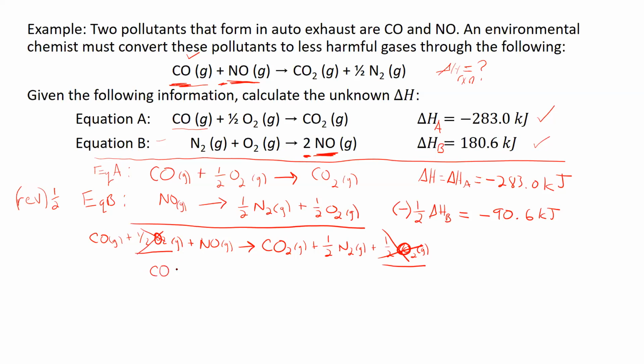So CO gas plus nitrogen monoxide gas react to form carbon dioxide plus 1/2 nitrogen gas. Yeah, that looks pretty good, right? If I go back up to that, CO plus NO goes to form CO2 plus 1/2 N2. That looks good. And so what do I do now? I just add those two values together. So I get a delta H